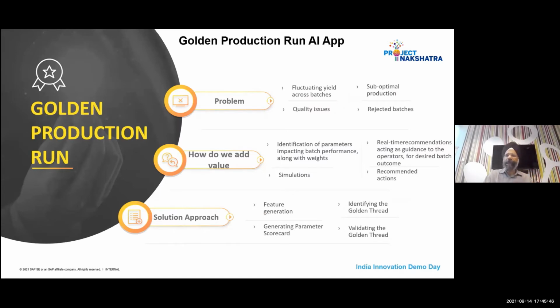I will spend a little bit of time to explain the golden production application. I'll do it in the context of both a discrete as well as a process industry. Fundamentally, the base problem is that most manufacturing companies have what is called the golden batch or the golden process, where you have a fixed set of parameters defined to operate within a certain range to give the best and optimum output. Now, the challenge is all of this is designed in a lab setting. With the scale up to industrial scale, there are obviously variations which come in. Secondly,